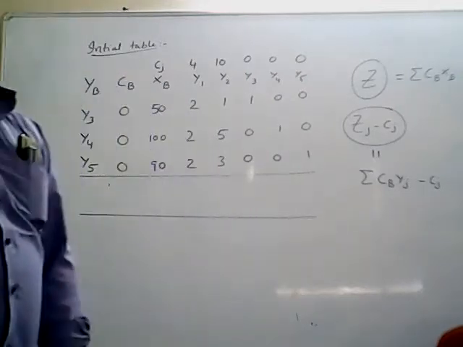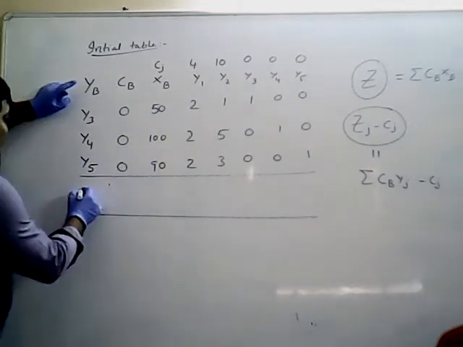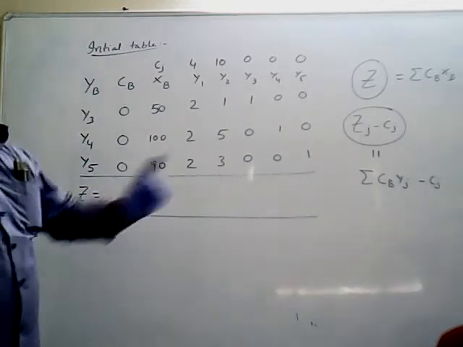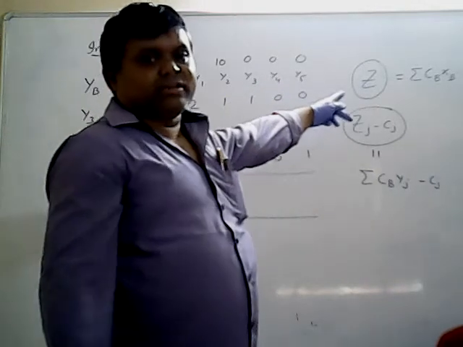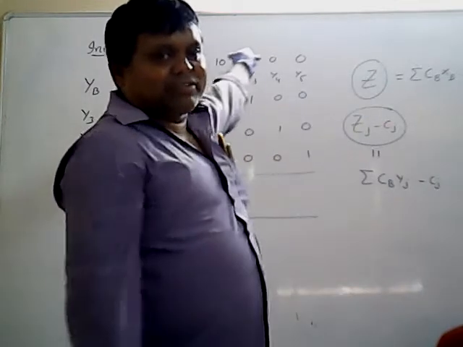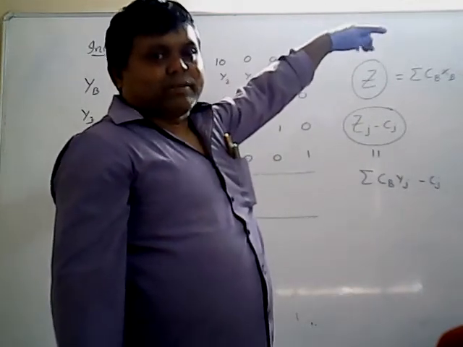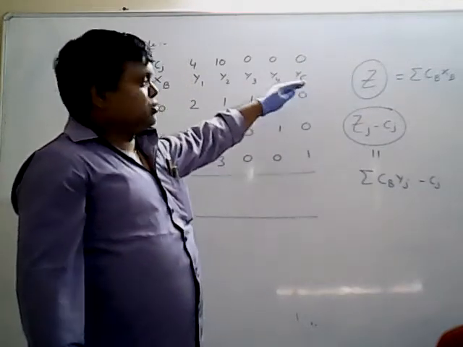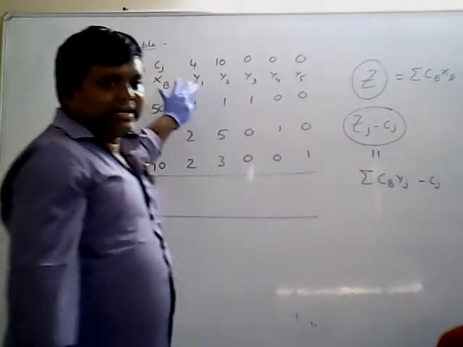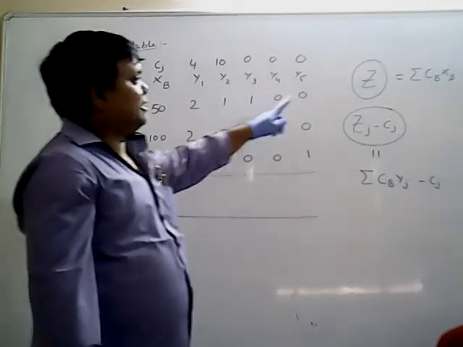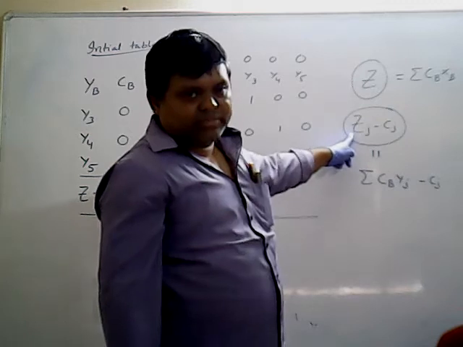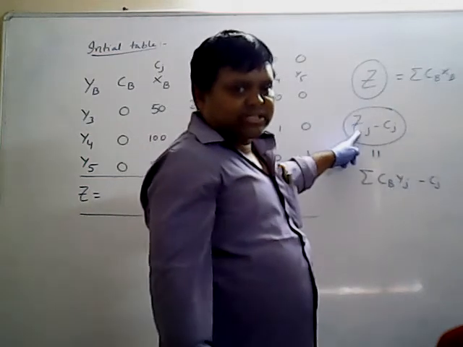So first I will calculate the Z formula. For every simplex table, these are the two things you have to calculate. So first the initial table, after that we will go for the first table. Up to what extent you have to repeat the procedure, I will tell you in step number 5. So step number 4, what is it? You have to identify the simplex table, calculate the Z value, and calculate the net evaluation, denoted by Zj minus Cj.